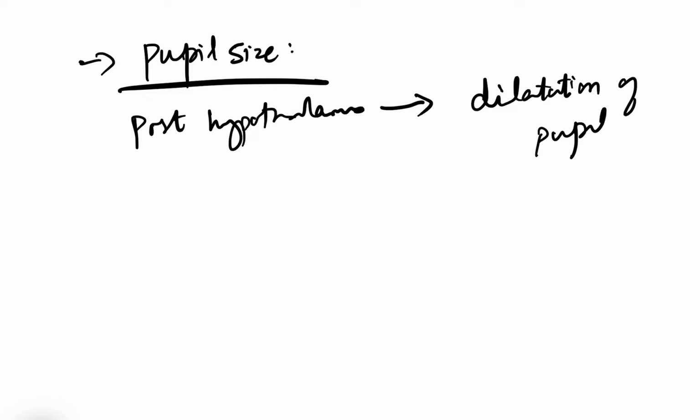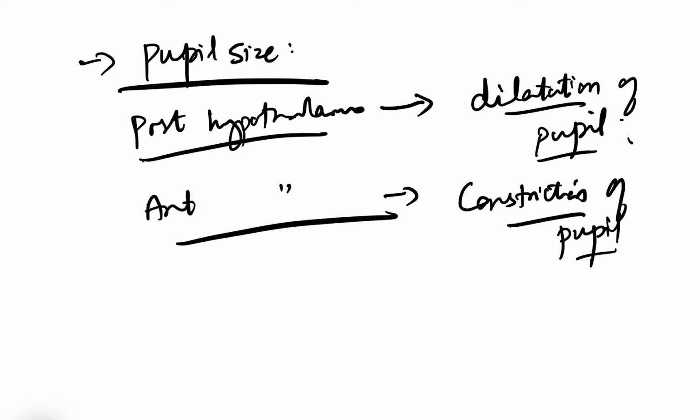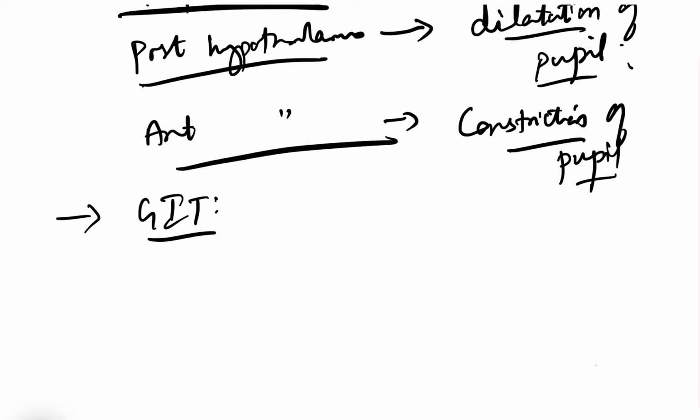Typically the drugs are known as mydriatics, which will dilate the pupil through the sympathetic system. Similarly, if the anterior hypothalamus is stimulated, it will cause constriction of the pupil, due to the activation of the parasympathetic system. Not only that, it will also control the GI tract, peristaltic and secretomotor